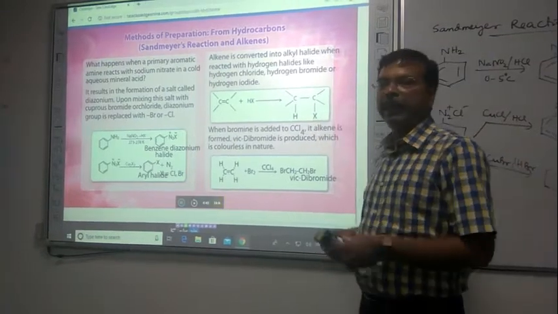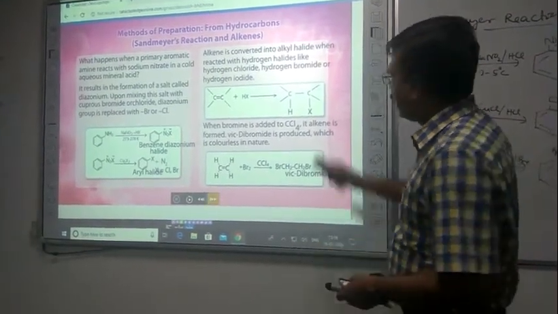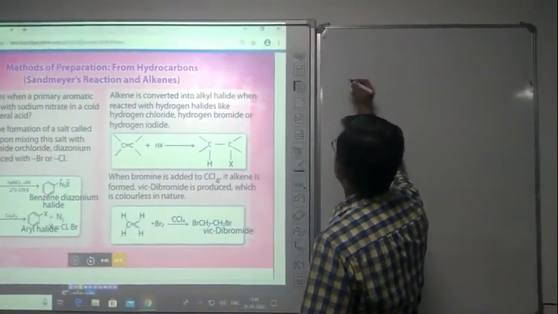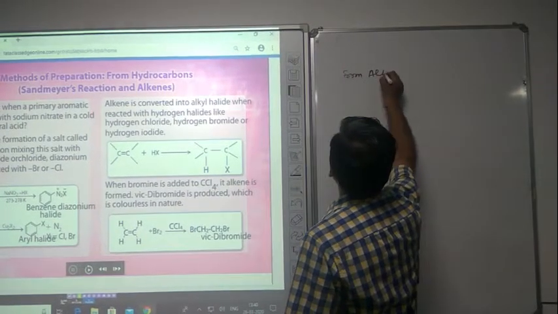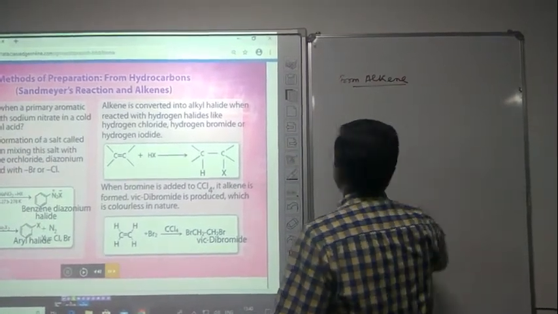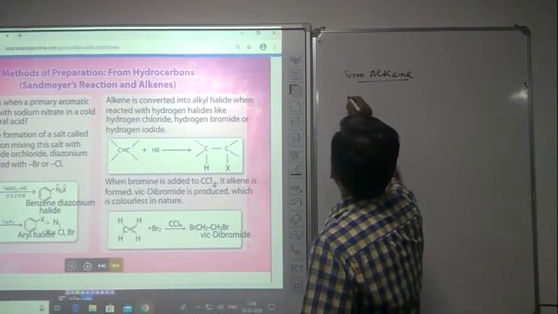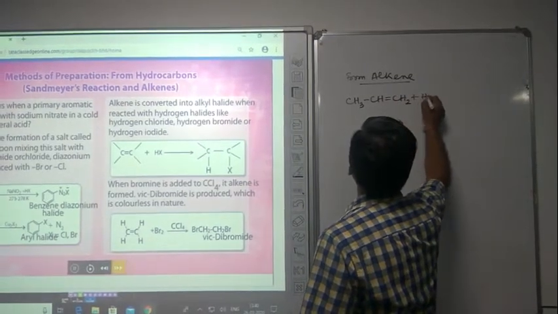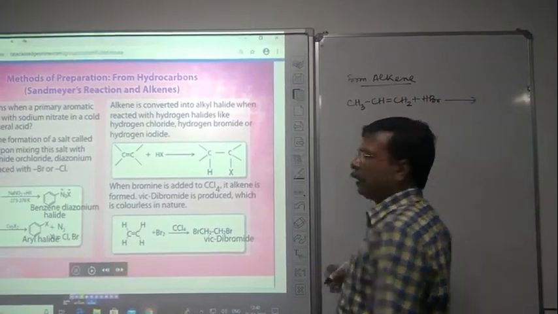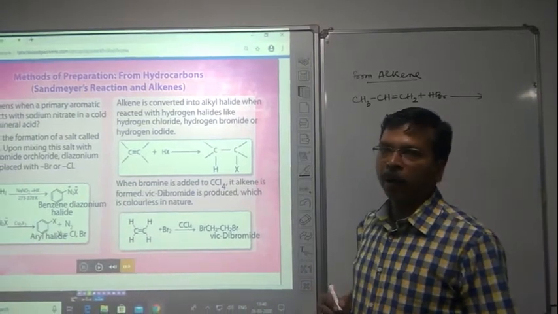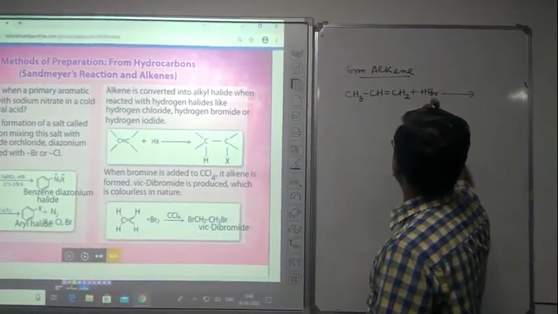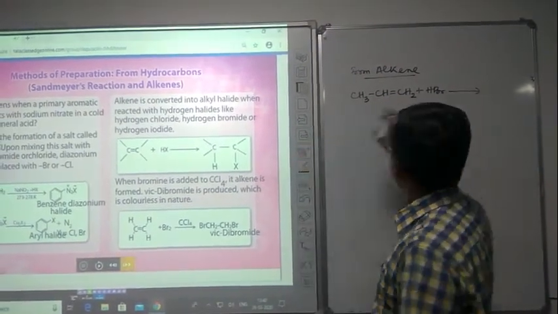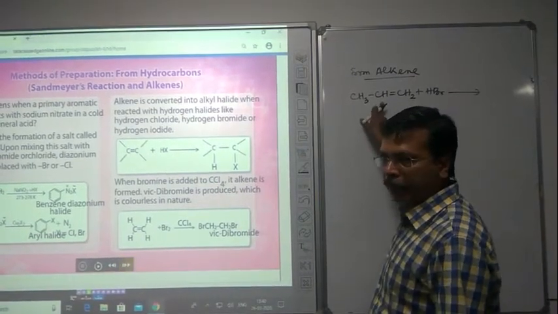And another very important thing, alkene to alkyl halide, we can convert alkene to alkyl halide by addition of hydrogen halide. And I am now coming to a particular example. So when we discuss the preparation of alkyl halide from alkene, suppose I take CH3-CH=CH2 plus HBr. This is an unsymmetrical alkene. Now we will follow the rule. See here, HBr is a polar compound, H+ Br−. So which rule we have to apply? That is Markovnikov's rule. So the negative part goes to the carbon containing less number of hydrogen atoms.